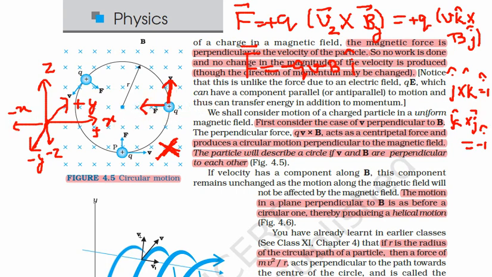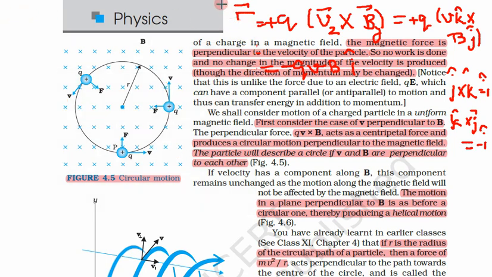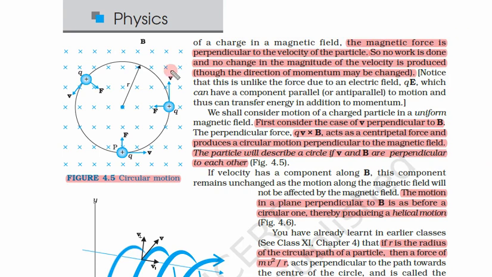So now it is clear what would be the direction of the force. Once we know the direction of the force, let us understand what they are trying to say. If the particle is moving in positive z axis, and the magnetic field is in positive y axis, the force will be on the negative x axis.